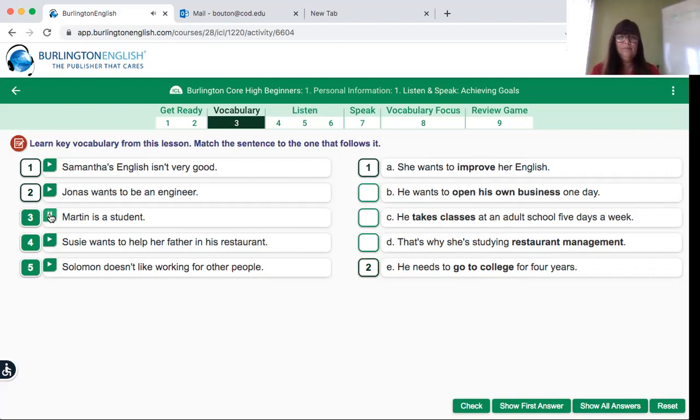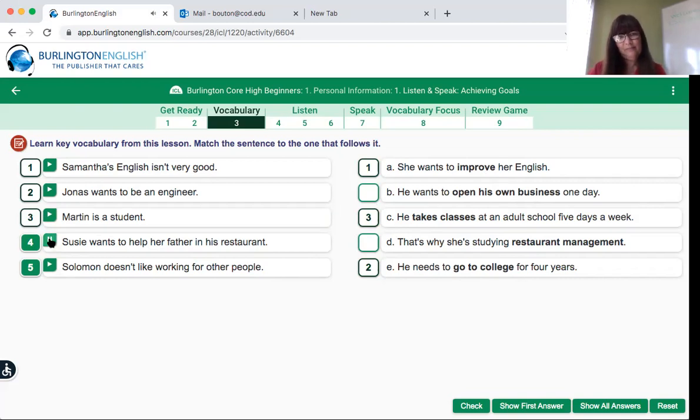Martin is a student. He takes classes at an adult school 5 days a week. All right, I'm putting these letters in. And if you think you can do it without listening, you can try just by reading. But it's always good to listen.